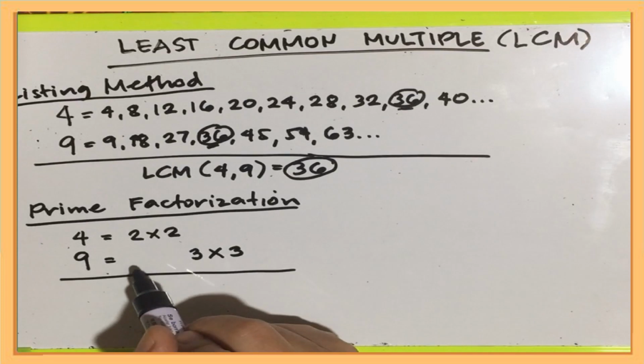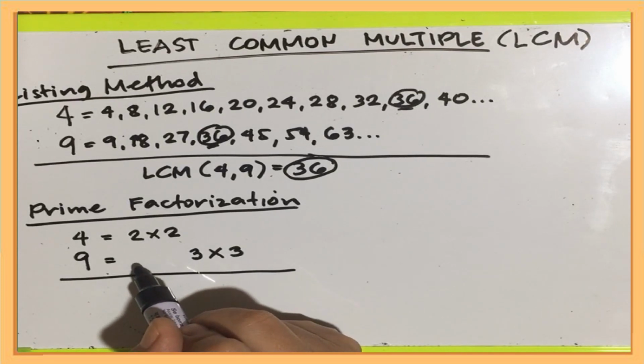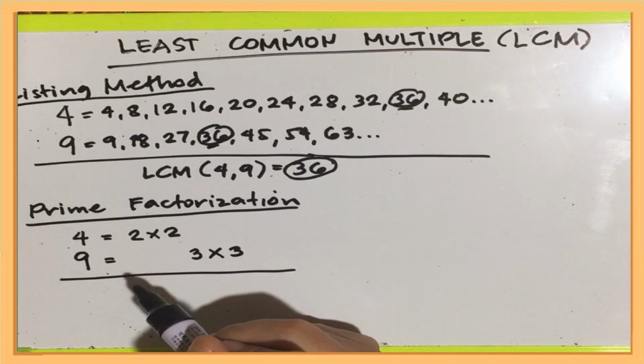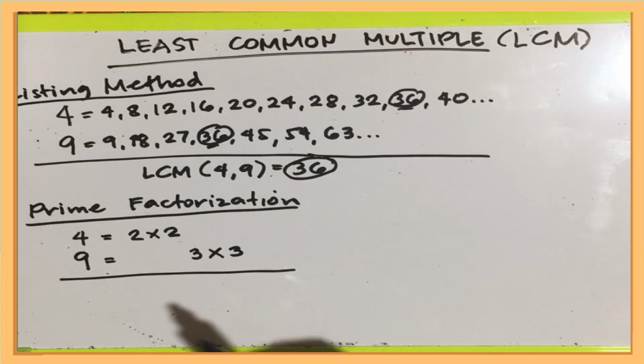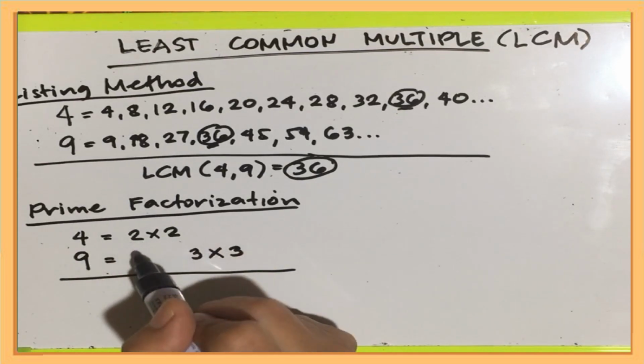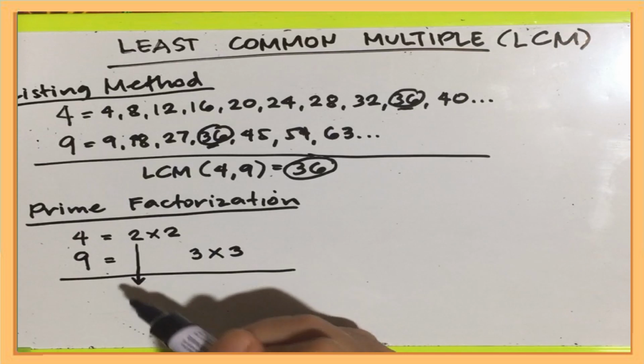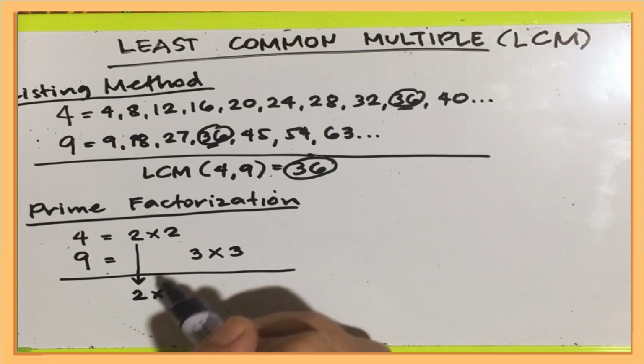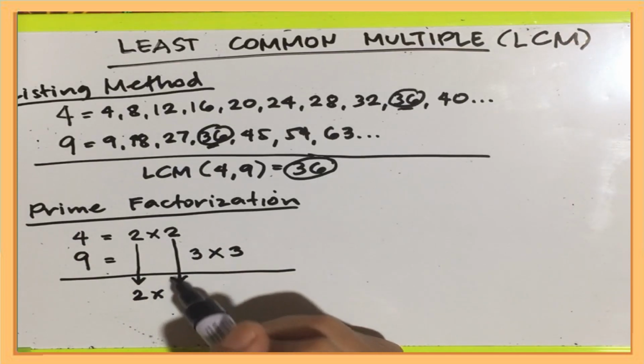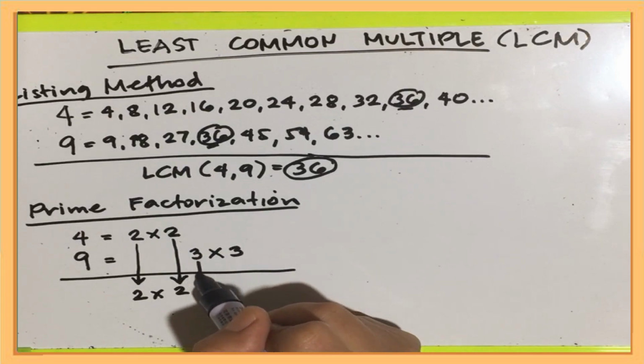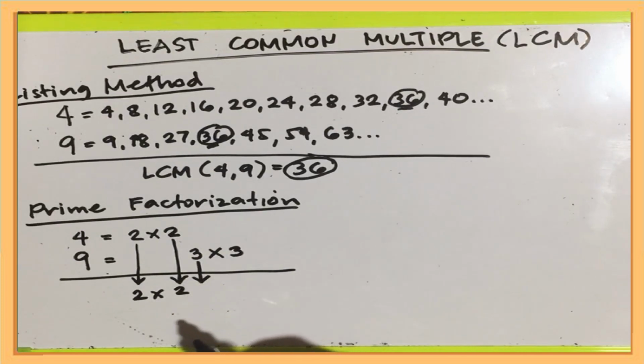I did not put 3 here below 2 because 2 and 3 are different numbers. So I will put this down. I'll put 2 down. I'll bring it down. 2 times 2. Unlike in GCF, we only put the number or the common numbers or the common factors here,